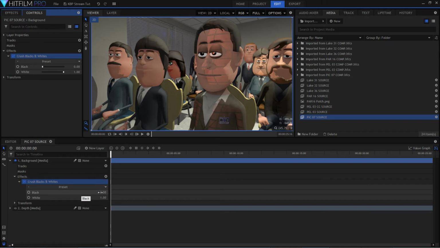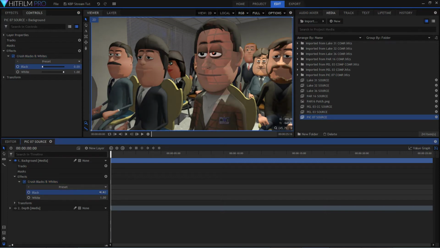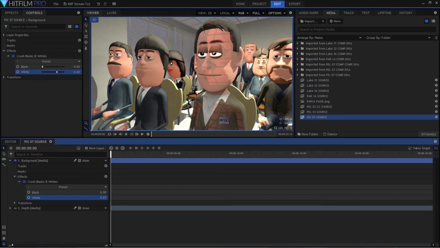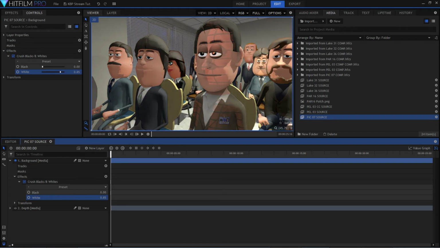This fixes your animations, because if you don't have enough shadows in your lighting, you just add the shadows. You can add your darkness, and if you need bloom or brightness, it's not like the darkness and brightness filter. It's adjusting levels more like, and it also sort of does exposure. It's just a great effect. You can do so much with crush blacks and whites as well. But mainly, you can fix